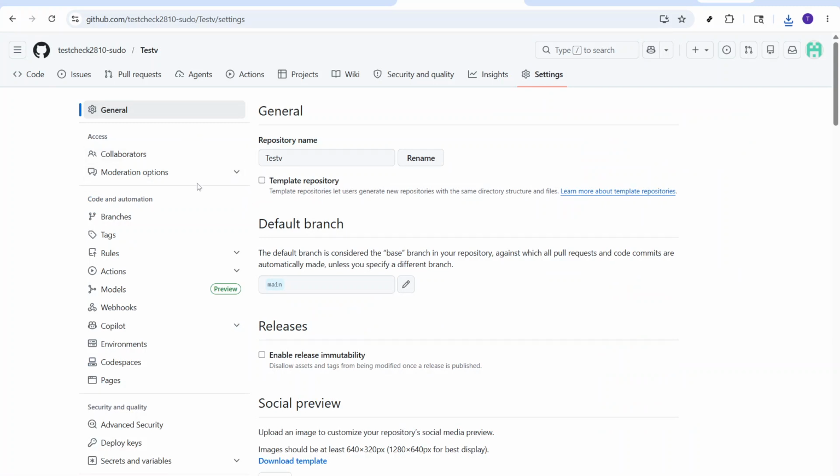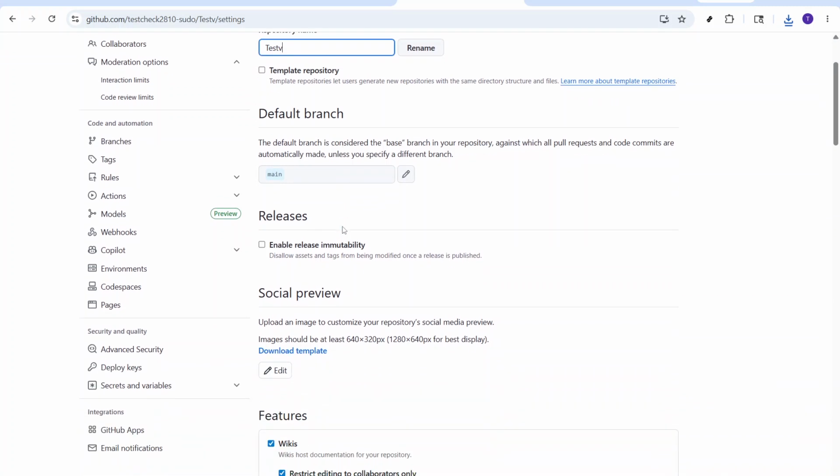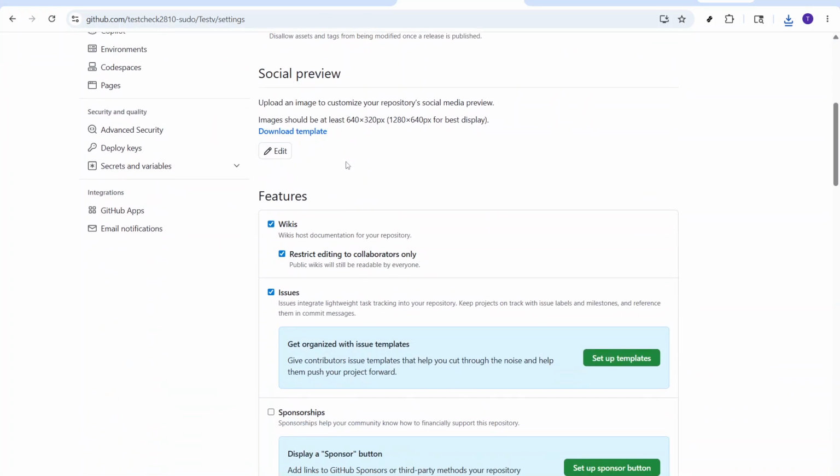Upon entering the settings, you'll land on the General Settings page. This is where you can tailor your repository's basic features to fit your needs. You have control here to modify the name and description of your repository, which is especially important to ensure clarity and understanding for anyone visiting your page. Additionally, don't forget to set the visibility settings. Depending on whether you want to keep the project private or open it up to the public, you can choose